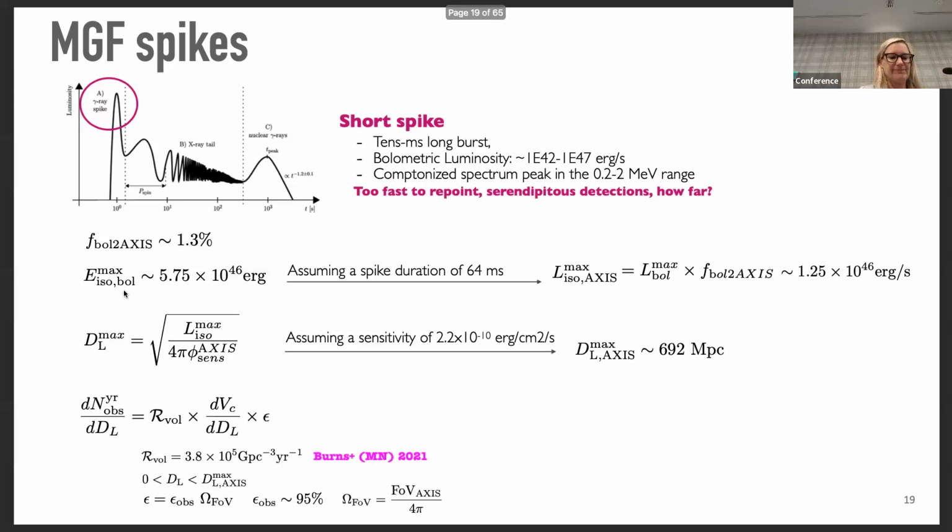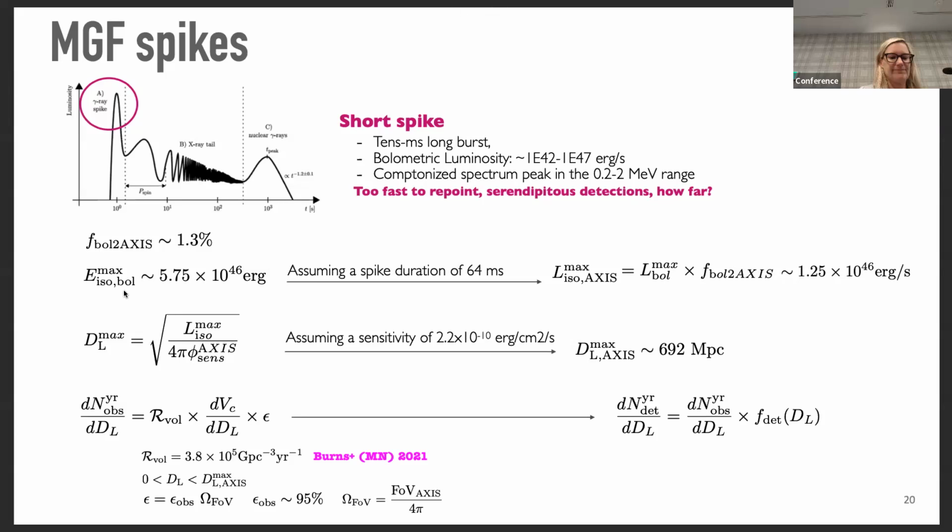All right, so let's continue the exercise, because now we want to know how many of these objects we have in the field of view randomly. And this number needs the ingredient of the volumetric rate. We know how the comoving volume is evolving with distance. And we have an efficiency that is basically the sky fraction observed by AXIS. And I assume the 95% efficiency just to remove slewing time and times that we don't really use the telescope.